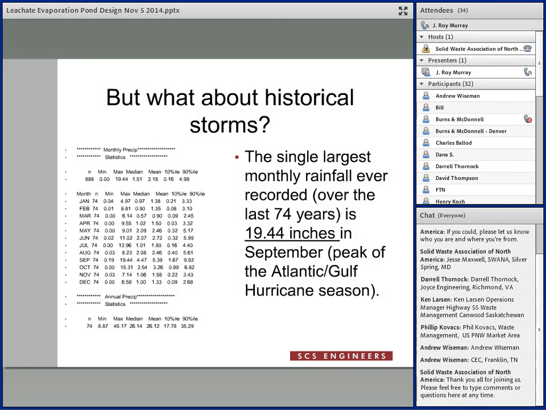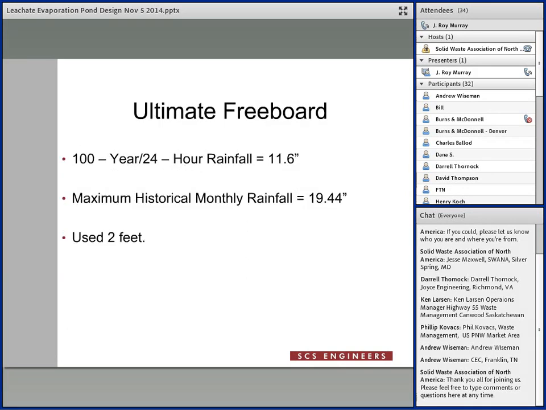So we went back through 74 years of precipitation data to find the month with the single largest monthly rainfall recorded. And in this case, we figured out it was 19.44 inches. It was in September, and that happens to be the peak of the Atlantic Gulf hurricane season. So in this case, we were using 19.44. We compared the 100-year, and then we looked at the maximum historical monthly rainfall of 19.44 and decided to use